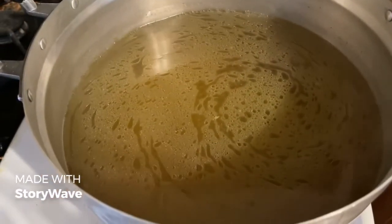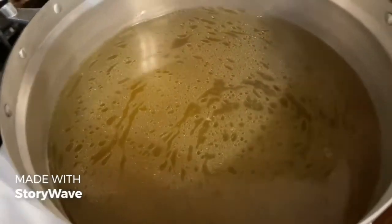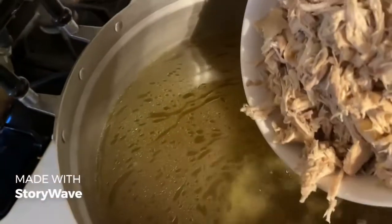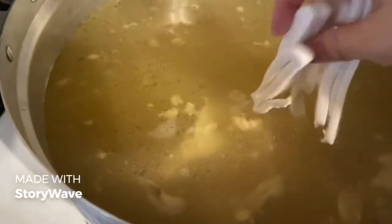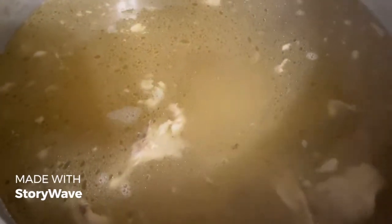So this is the chicken broth from the pressure cooker, and I just move it into a bigger pot. And what I would do is I would add in the shredded chicken back into this chicken broth and just mix that around. So once the chicken has been added to that, all you need to do is add in the pieces of noodles that I cut earlier, and just add that to the broth. Slowly, make sure you don't burn yourself,